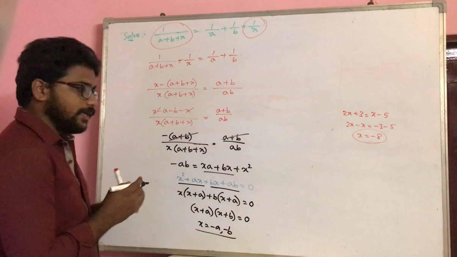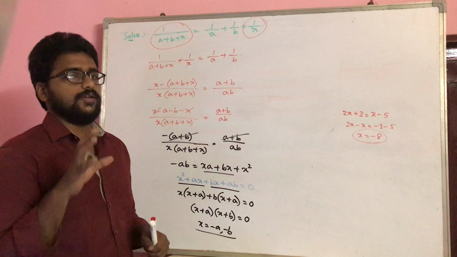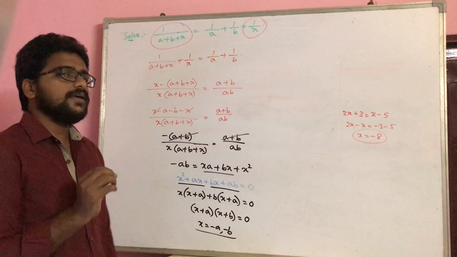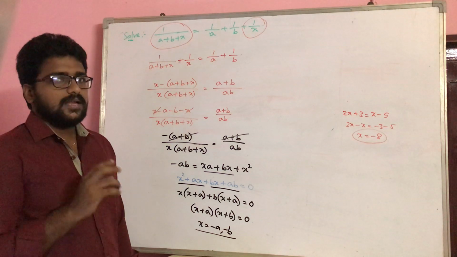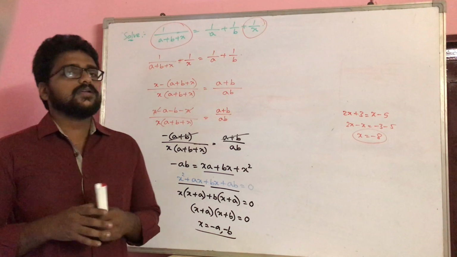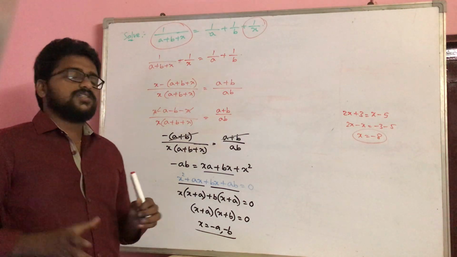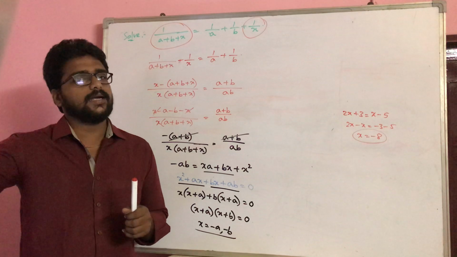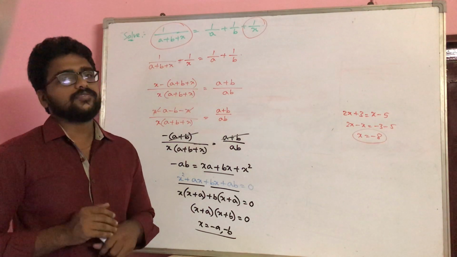Even here, if you didn't get this thought of taking the common, you can go ahead with the quadratic formula and you will get the answer. But maybe it will take a little bit longer way to get the answer. But the idea here is you should not use your entire potential on only one question. You should distribute that potential to multiple questions to do it in a better way. That is the ultimate way of learning.